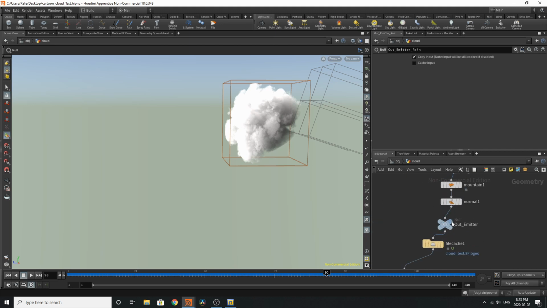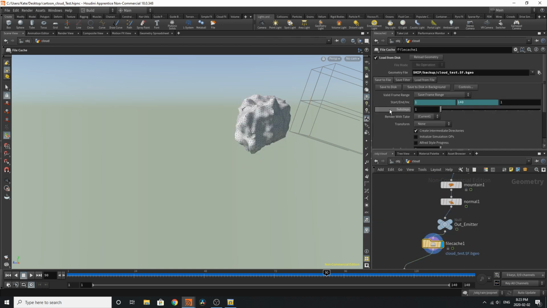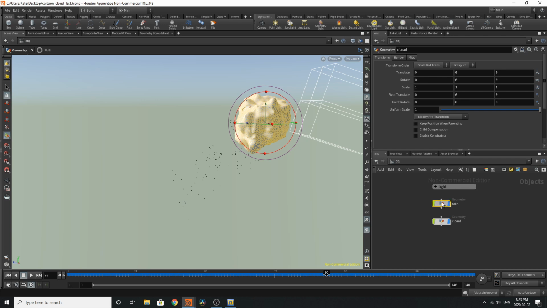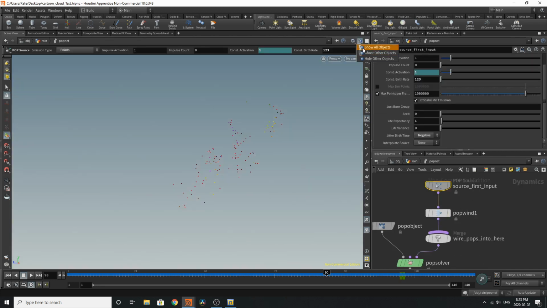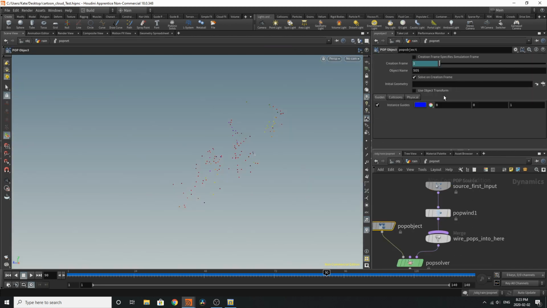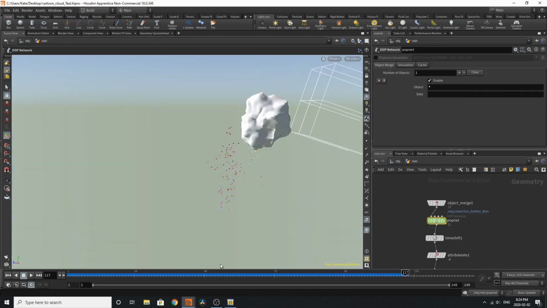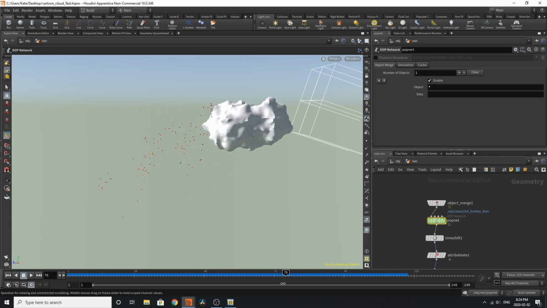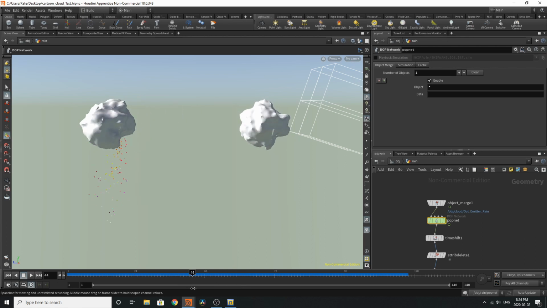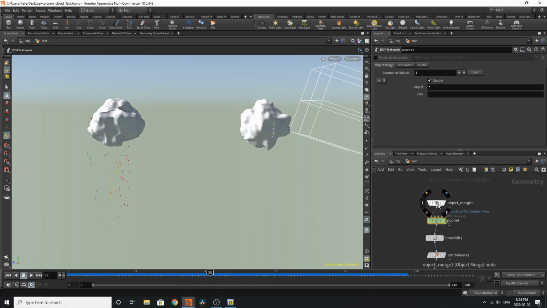Let's go back out to our emitter. We'll go to the file cache so we can see it. We'll go to the rain, go back inside the rain, and go back to our PopNet. Let's turn on Use Object Transform and see if that solves our issue. Now we can see it tossing up the rain on the front, but we want it to be more from the bottom. So what we might have to do